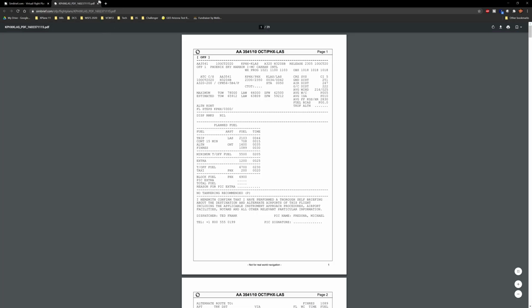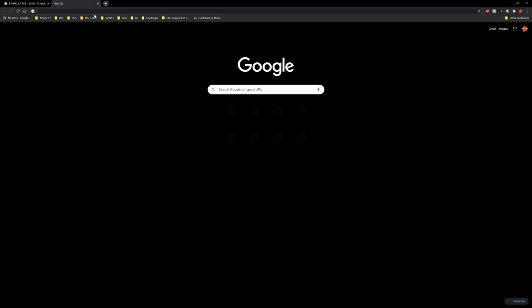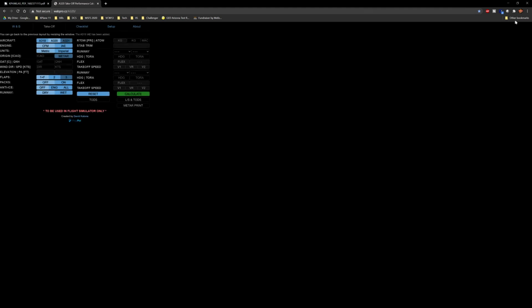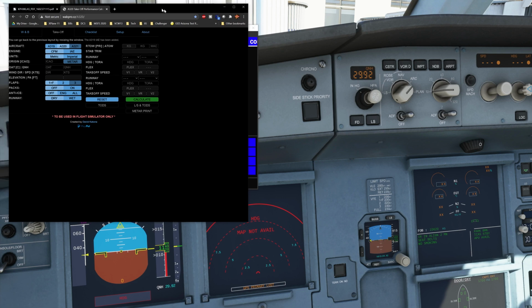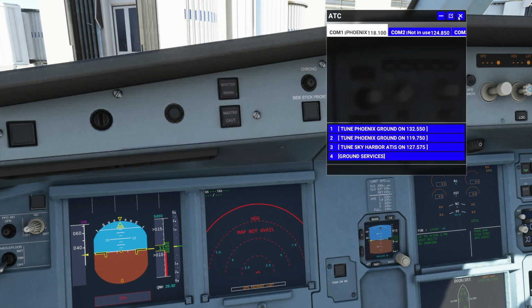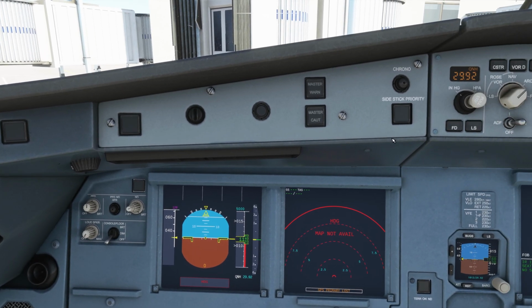And I'm just going to do the print PDF preview. And while we're here, we'll bring up our performance guide. Get that ready for setup when we need it. And I'll have links for all this stuff in the description below. So I'm going to move that off screen for now so I can get us started here. All right, so